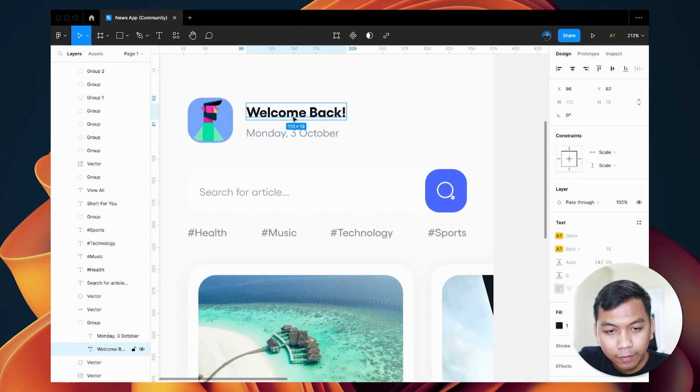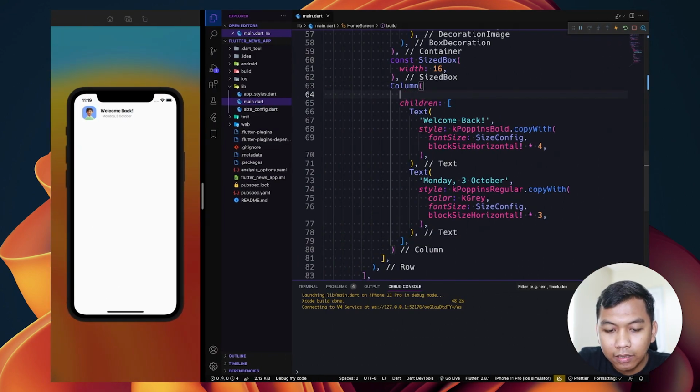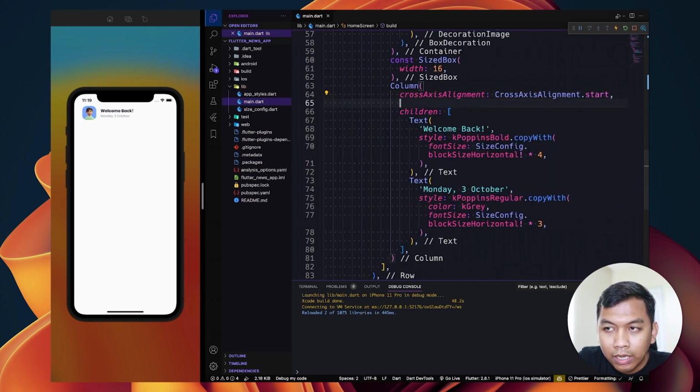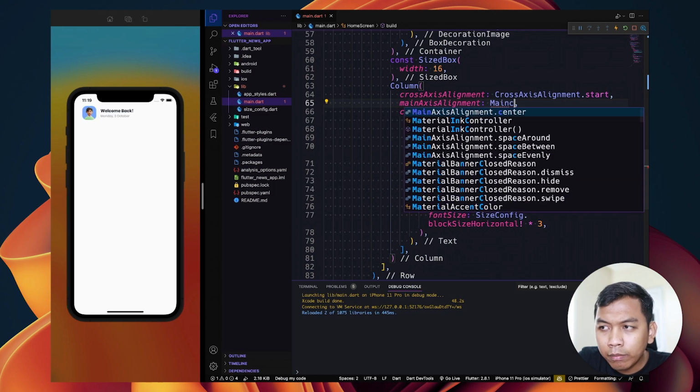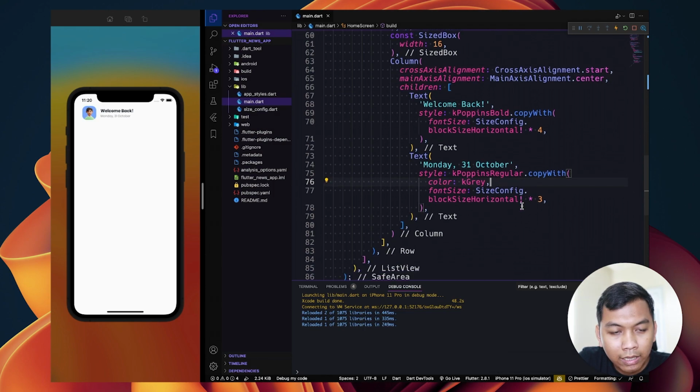To make it align left, we can set the cross-axis alignment to be start. And the second one is we set main axis alignment to be center. Look like this. So maybe set it to 31. Look like this.